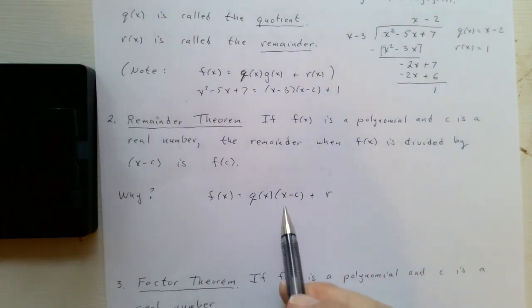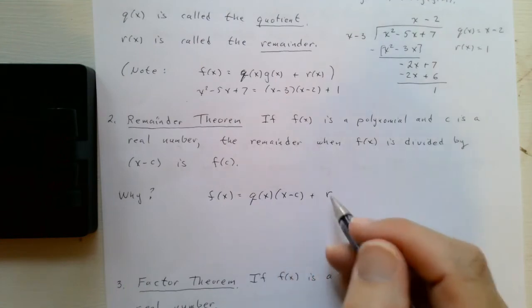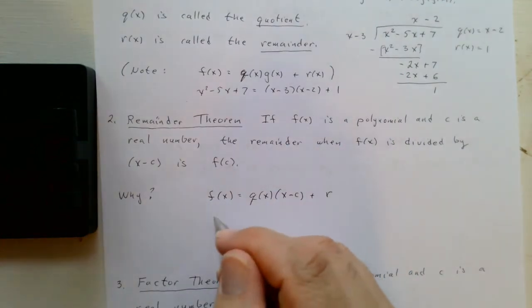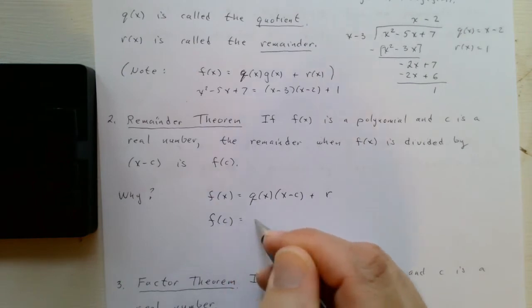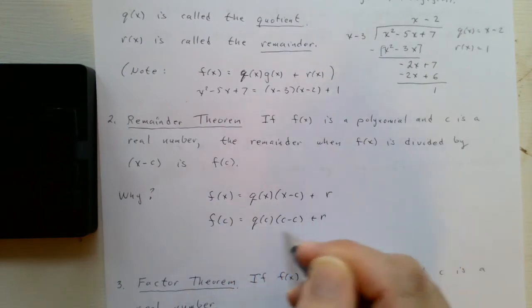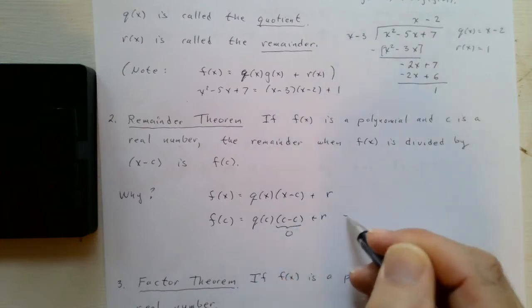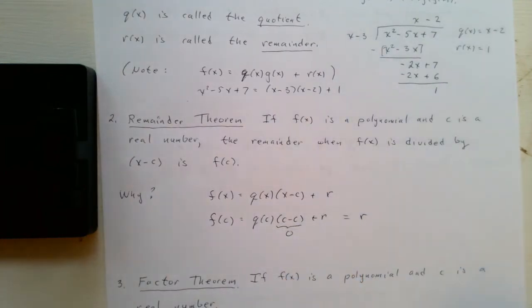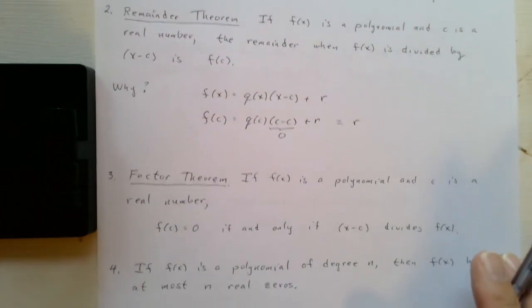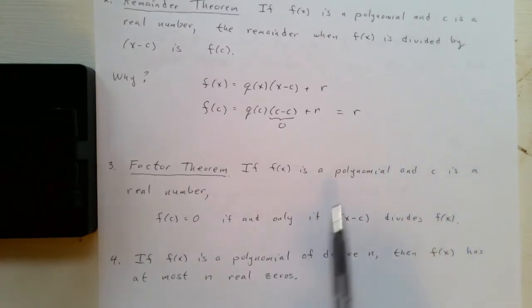But again, because the degree of this is 1, the remainder is just a constant r. This is a number, not a polynomial. If we plug in x equals c, we get q of c times c minus c plus r. Well, this is 0, so this is going to be r, the remainder. As a consequence of that, we get the factor theorem, which says that if f is a polynomial